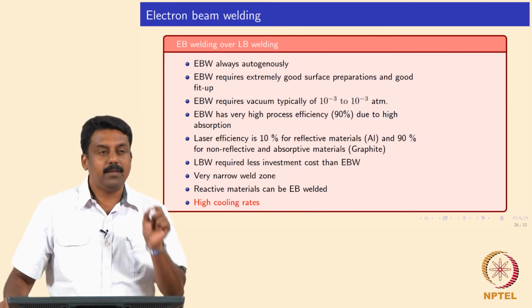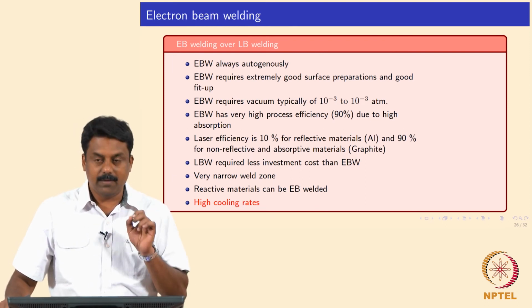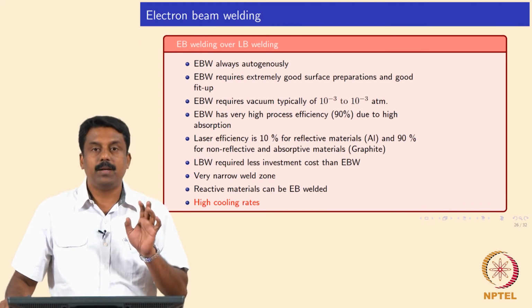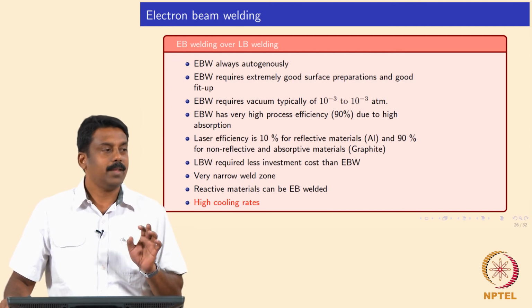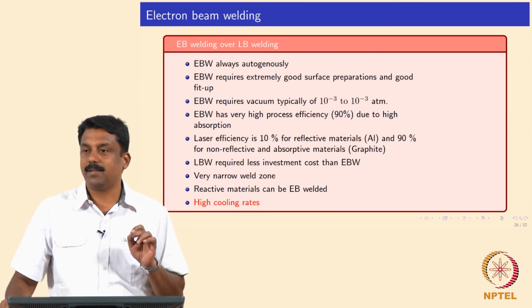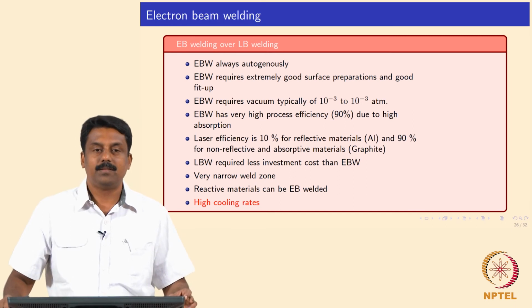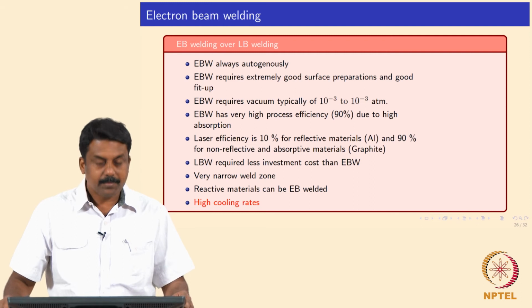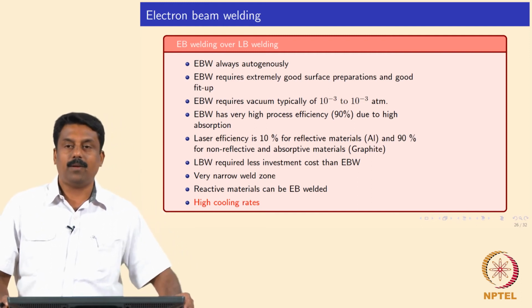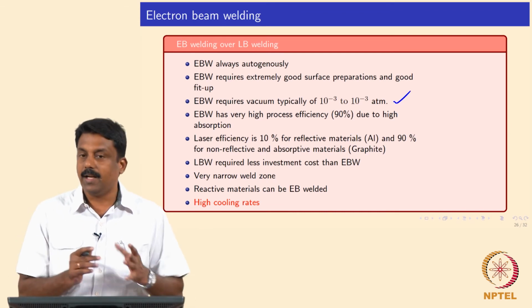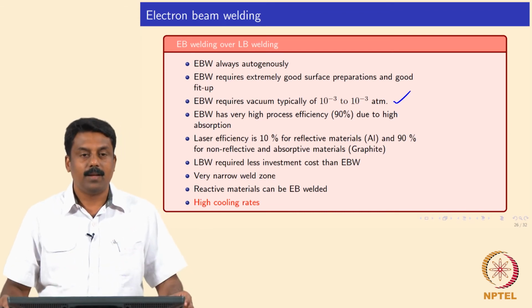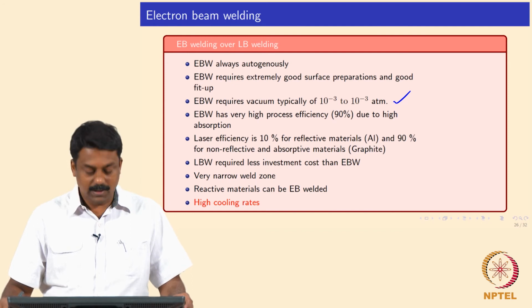Okay. Because of the very narrow heat affected zone, the surface preparation should be extremely good, and the fit up has to be perfect. Even a small roughness and small distortion is not going to make a good weld. Yeah. As for other properties of the electron beam, we have to make sure that the electrons are generated and then transported in vacuum, otherwise the beam is going to ionize, and we are going to lose all the electron properties, the energy.